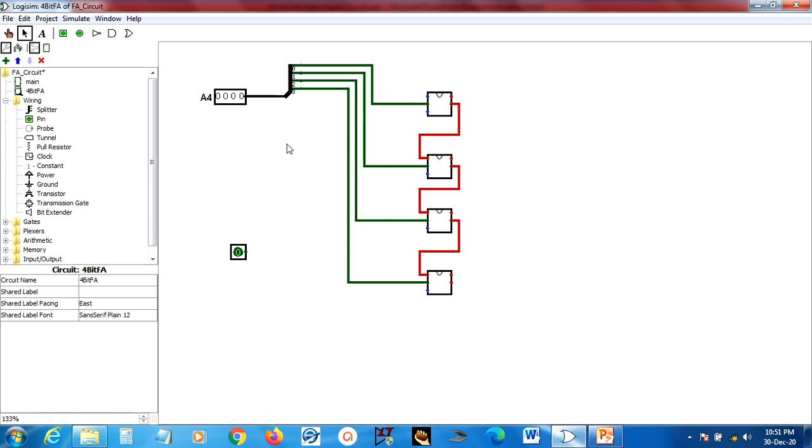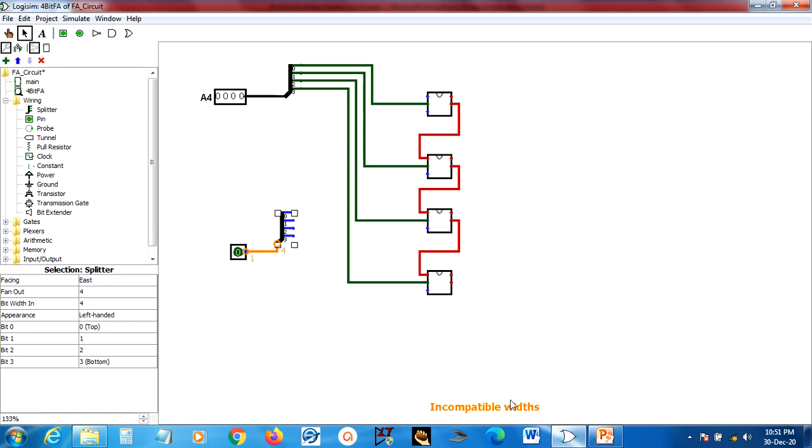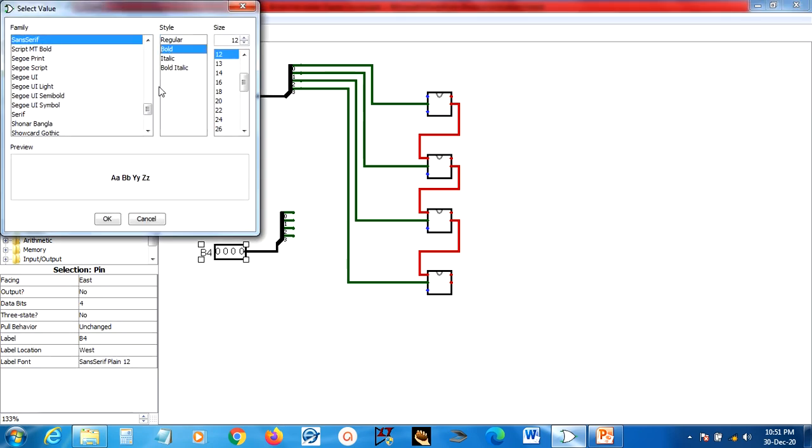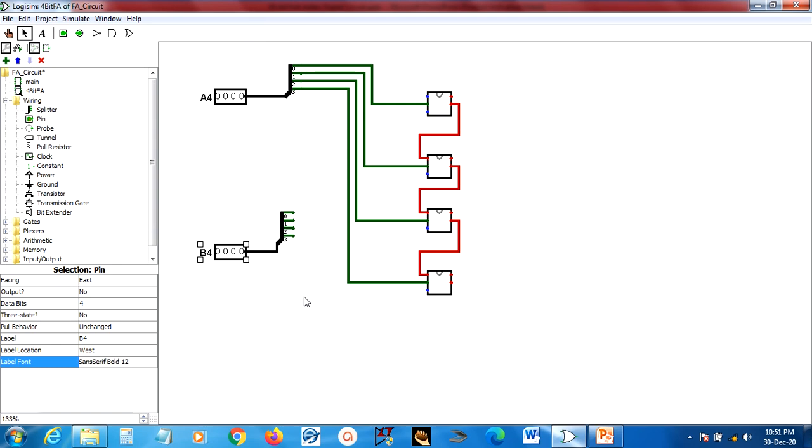Similarly, we will use one more splitter. So make fan out equal to 4. Connect. So it tells incompatible widths. This is for B input. So select this, make data bits equal to 4. Right. Let me label it as B4. It is 4 bits in length. So I'll make it bold. Alright. Now let us connect